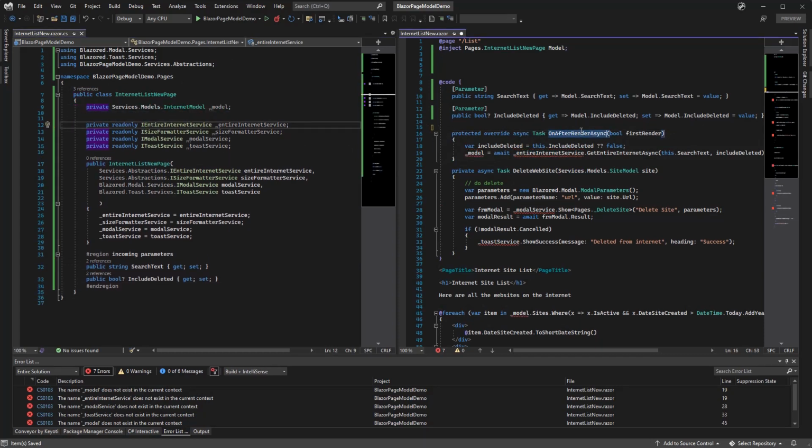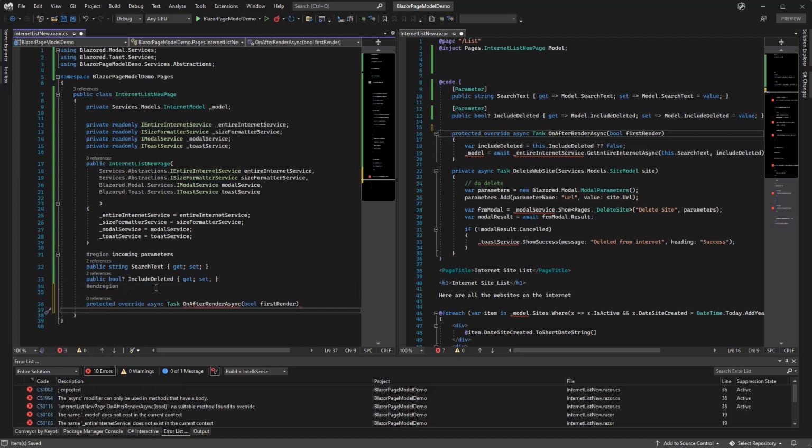So our on after render, for the purpose of this demo, we're just going to create a similar function over in our model. Now, for this simple example, that's what we're going to do, but actually I like to use an MVVM framework. I do have one that I created, but there's also a lot of them out there that would take care of some of this for you, but we are going to do it all by hand with no